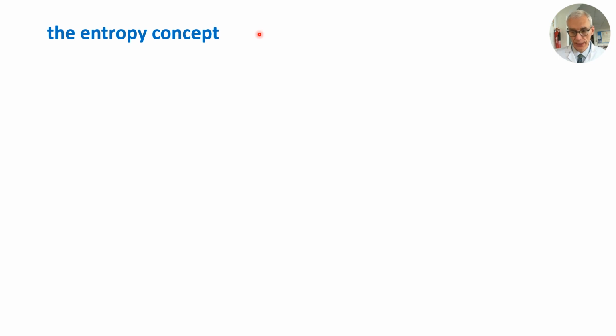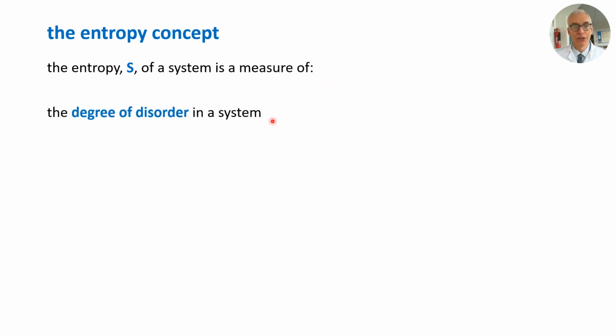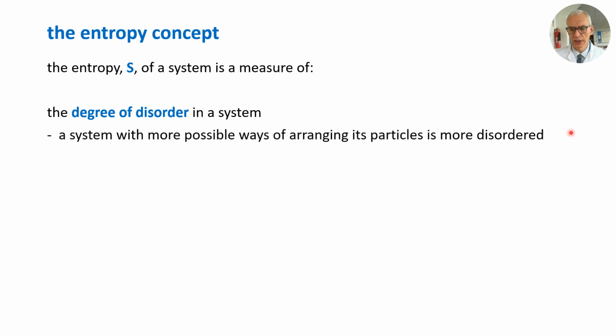Entropy is a new idea. It's given the symbol capital S, and it's a measure of the degree of disorder in a system. A system with high disorder has high entropy, an ordered system has low entropy. But we need to think about what we mean by disorder. A system with more possible ways of arranging its particles is more disordered. So a system with very few alternative ways of arranging the particles is ordered and